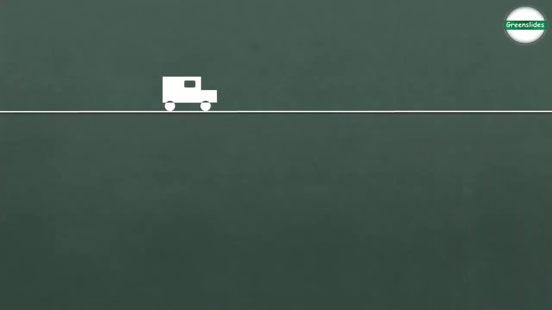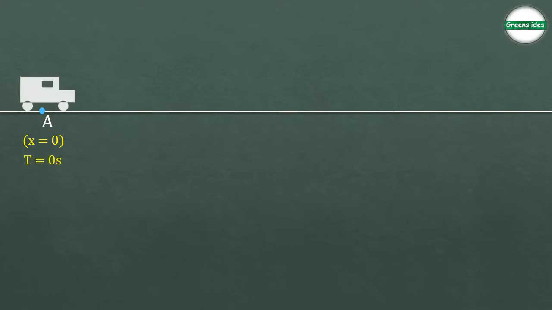Imagine a vehicle moving in positive x direction. And let's say we have a point A, which we define as x is equal to 0. Since we are starting to observe the vehicle from this point, we can say that t is equal to 0 here, right? Now if someone is asking how fast the vehicle is moving, well, for that we need some information.